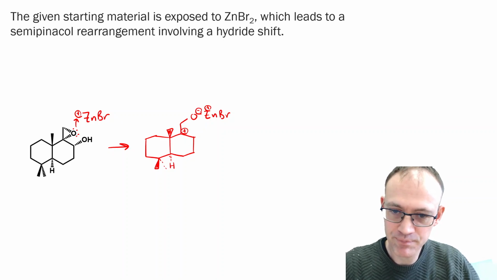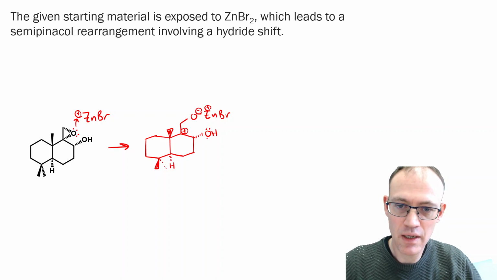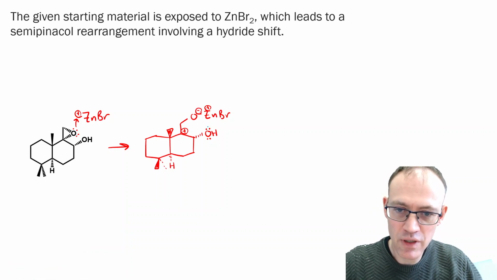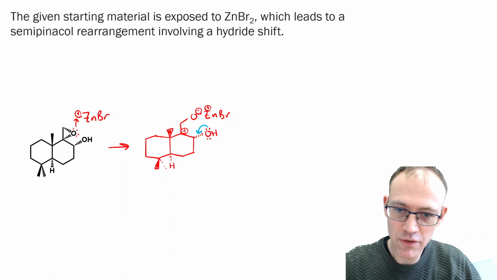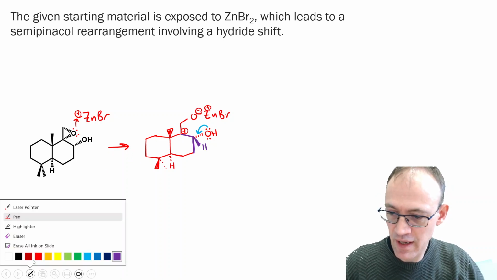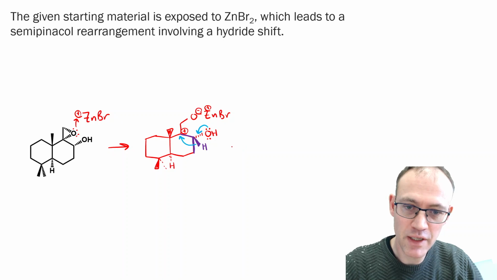positive charge over here. So here I have my OH, and as I was saying at the start of this video, the electrons from the oxygen are going to move here, and I now have to decide which one of these bonds is going to move. And I have a hydrogen here as well. Now the question says that it's a hydride shift, and that is how I know that this hydride moves here, and that gives me